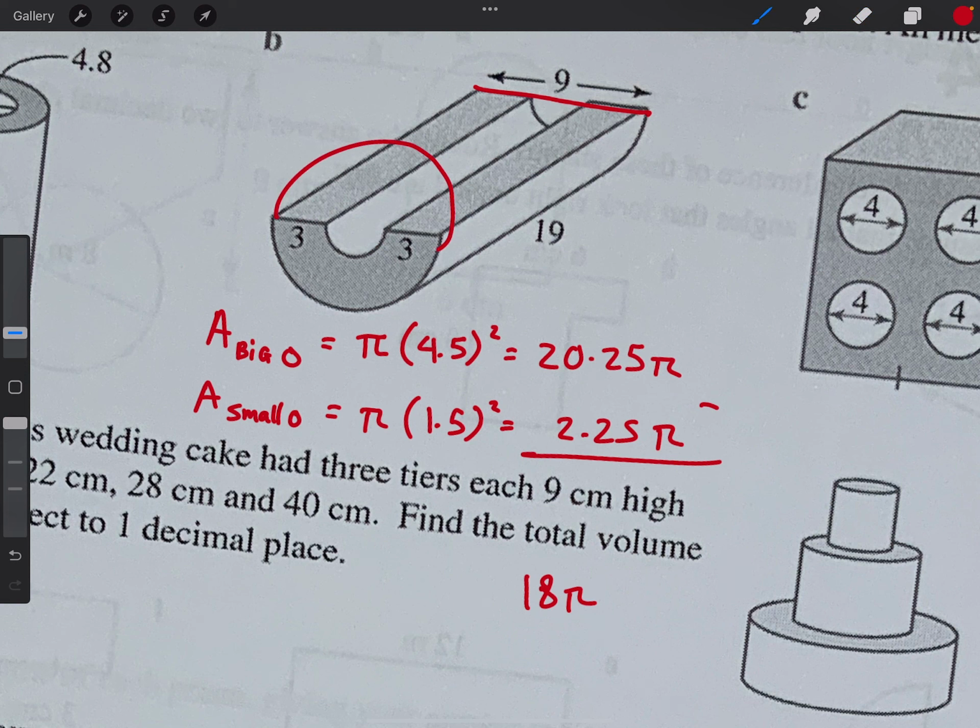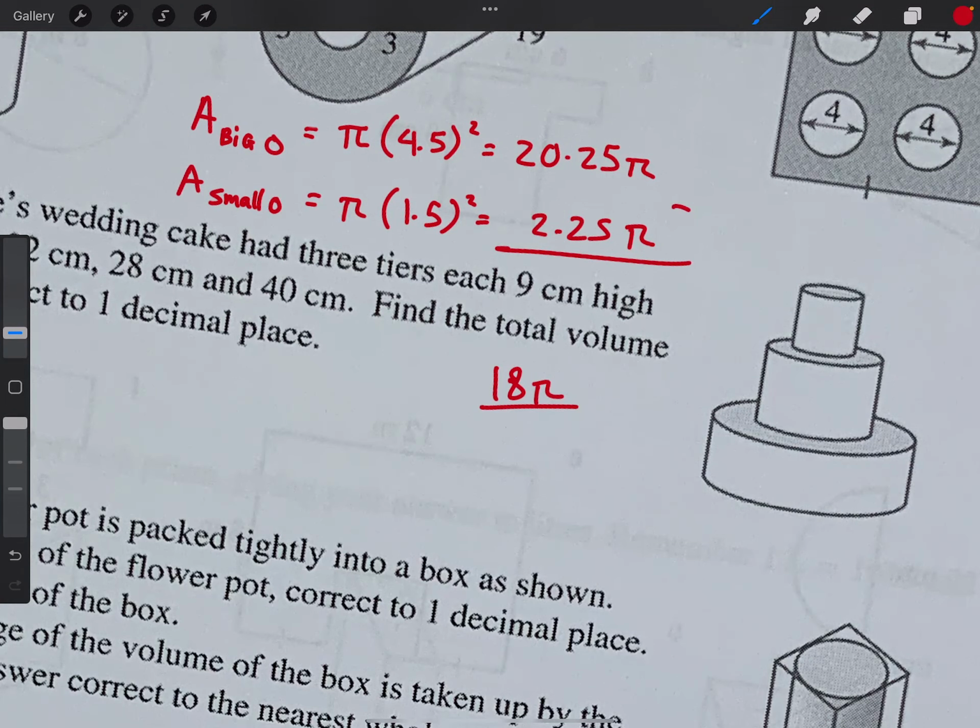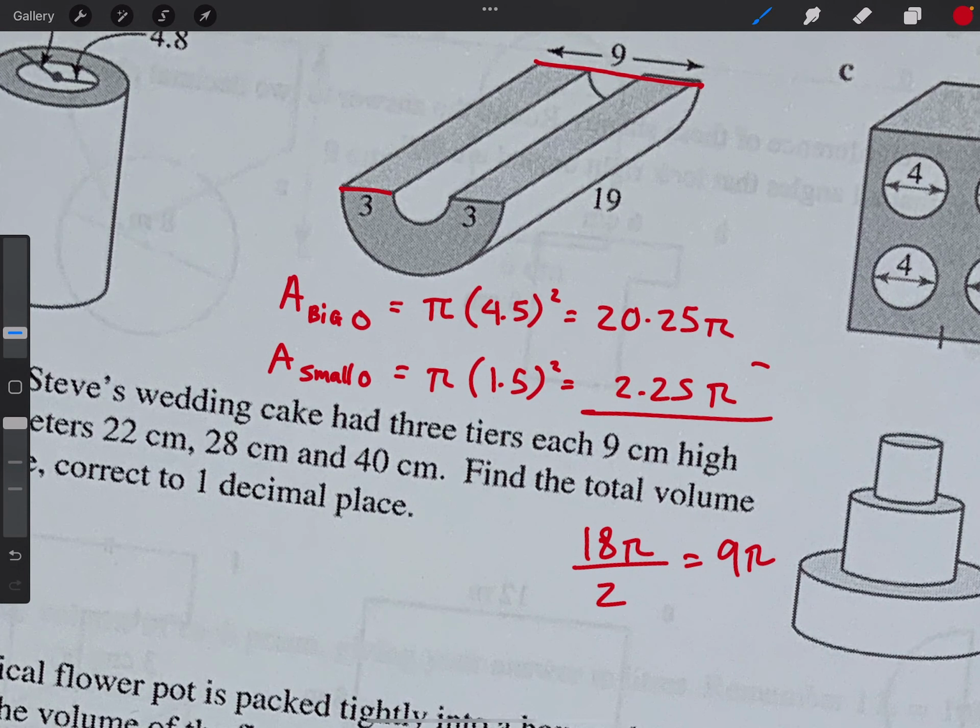If I had the whole circle of that, that's the area of this. This is 18 pi. But we don't have the whole thing. We only have half of it. So again, we have to divide it by 2. Divide this by 2, you get 9 pi. So the area of this cross section